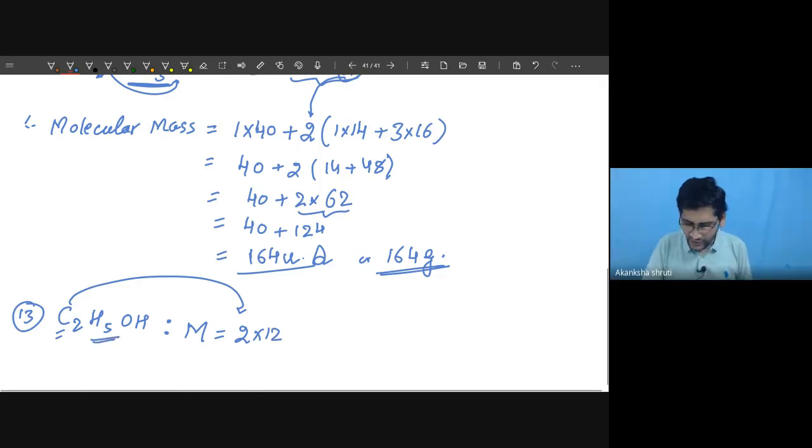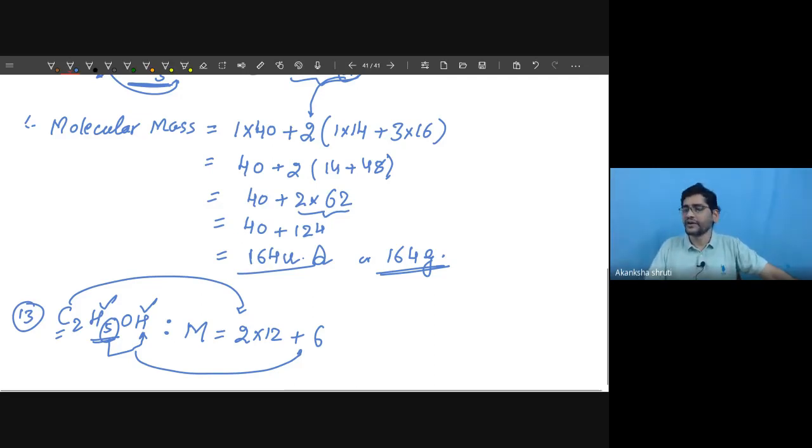Over. Now coming to this hydrogen plus hydrogen, here it is the 5 and one hydrogen is also written separately. So collectively we can write it as 5 plus 1, how much? 6, because both are hydrogen. So this hydrogen and hydrogen can be taken together, though in the formula it is written separately. But for calculating the mass, we can write it together. Why we are writing this thing we will learn in our class 10th. It is the alcohol, so it is OH, written as OH. So H is not clubbed with H5 to write this as C2H6O. So the total hydrogen is 6. For hydrogen, the mass is 1.